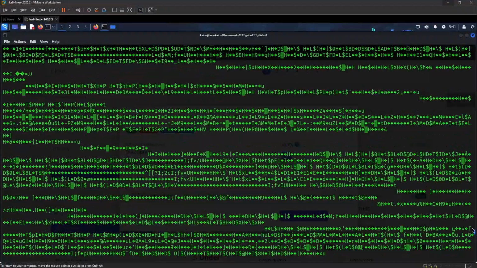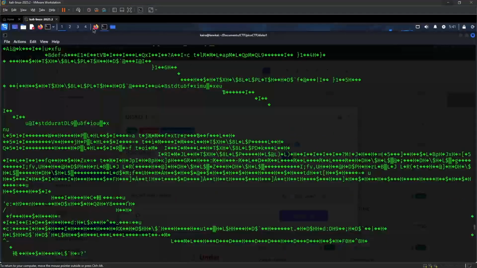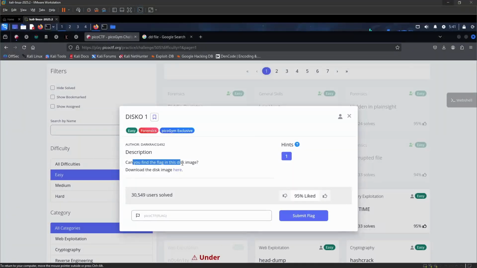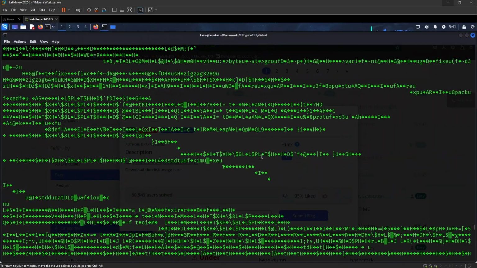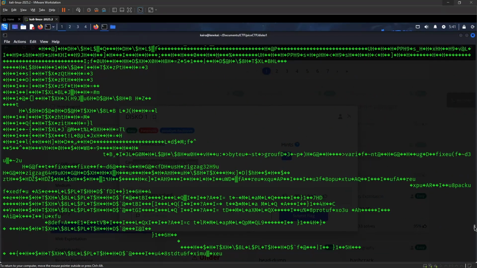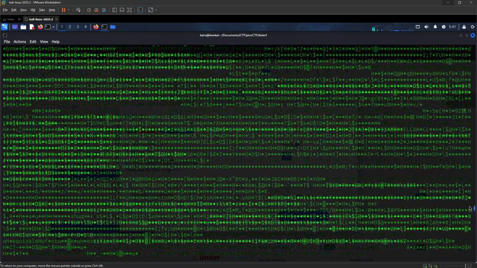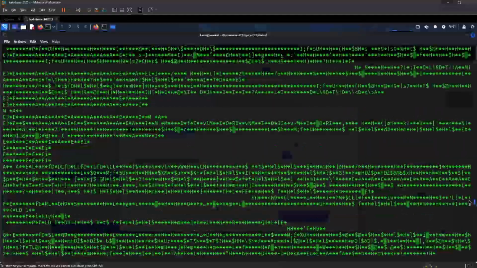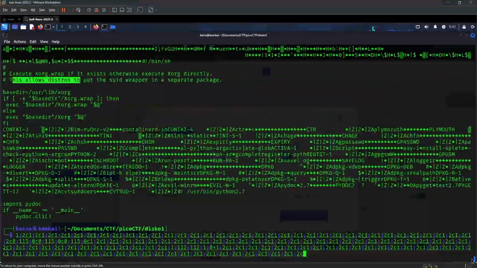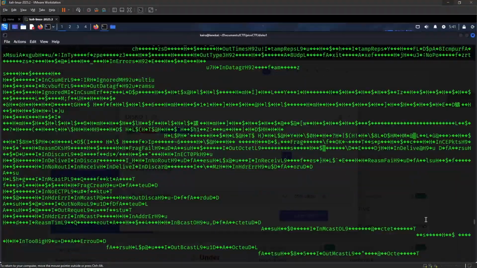As the task mentions, can you find the flag in this disk image? So there is some flag inside this disk image. As we can't search it manually, what we basically do to search is use the grep command.